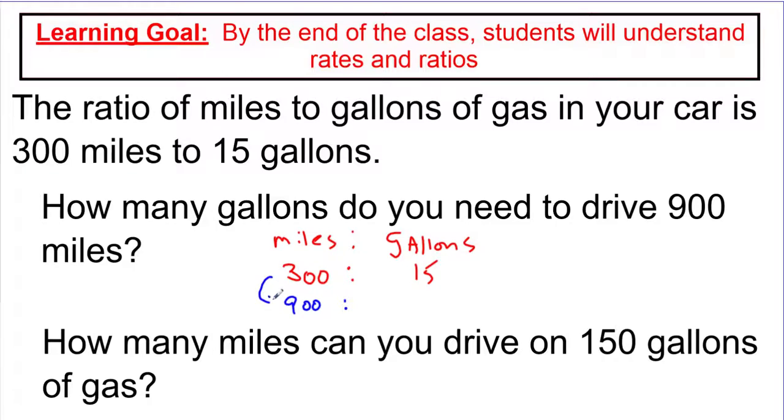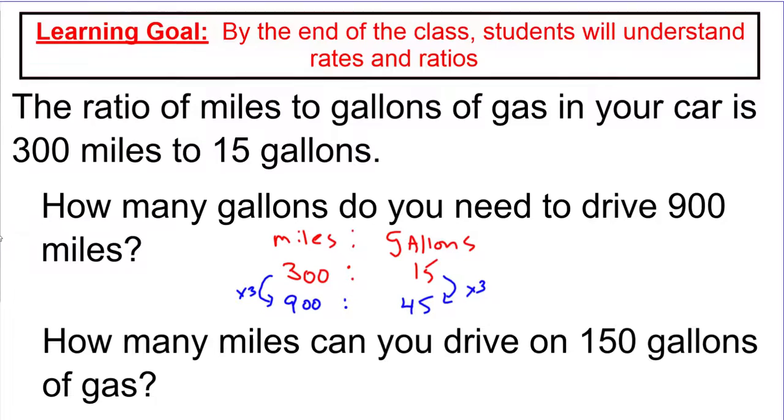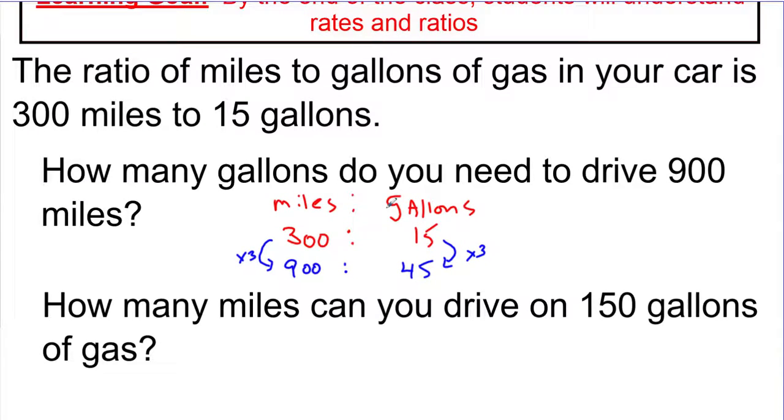Okay, so it looks like this is again a times 3. So I'm going to do a times 3 over here, and I'm going to end up with 45. So the answer to their question, how many gallons do you need to drive 900 miles? Well, we're using equivalent ratios to say that 900 miles would be 45 gallons. Okay. So the important thing here that I want to point out is that I'm using a lot of organization,